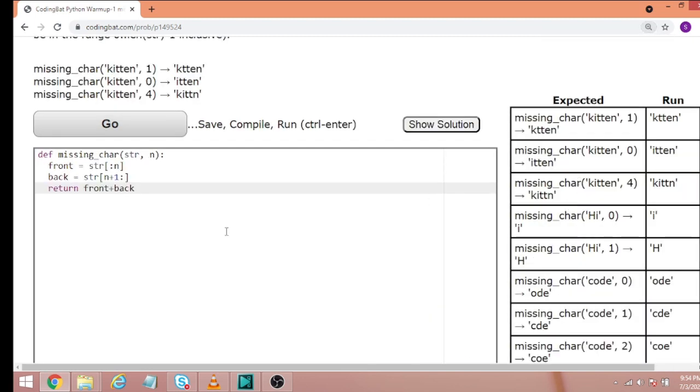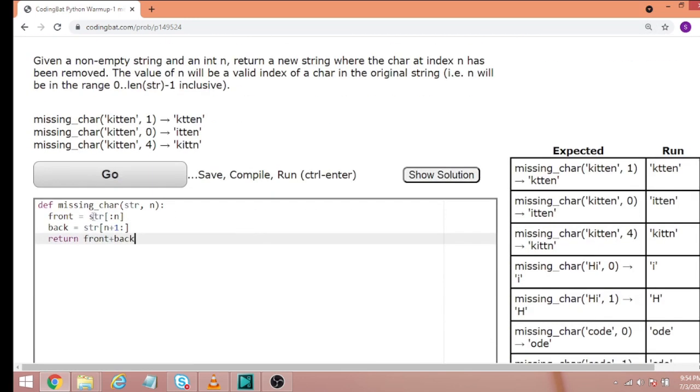I think you understood this. What we did is simple string slicing from the 0th position up to n. We sliced it and got it in one variable. From the n plus 1 position index to the last of the string, it came in back, and we concatenated and returned it from the function.